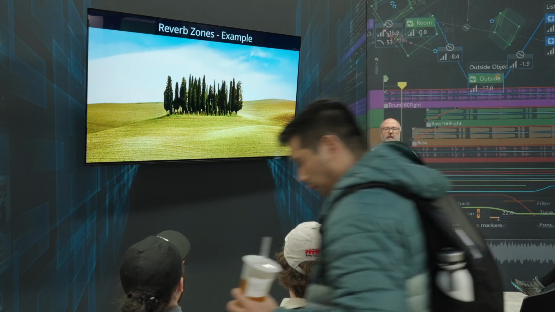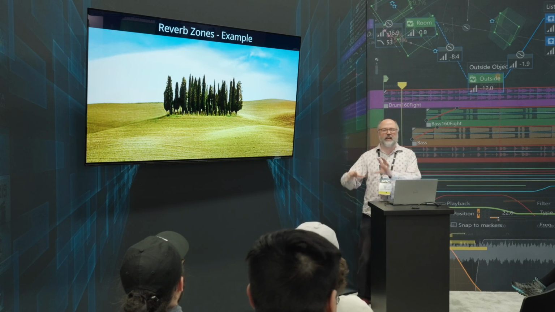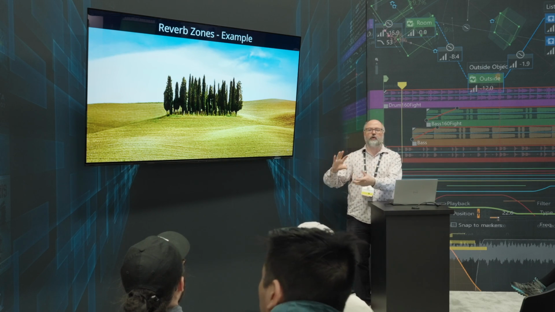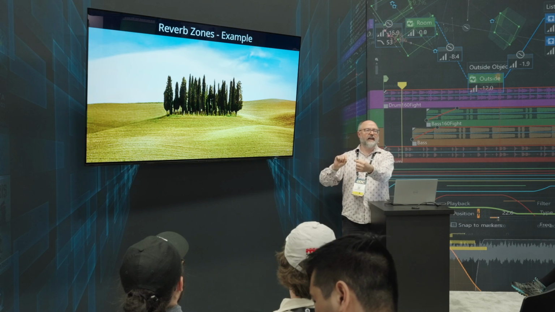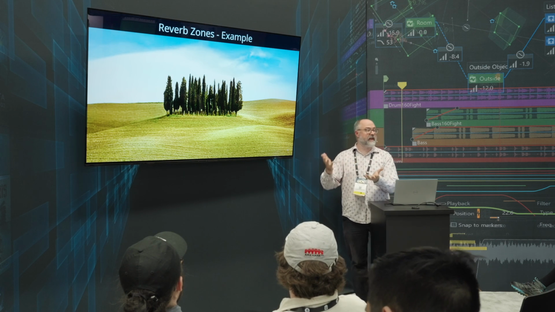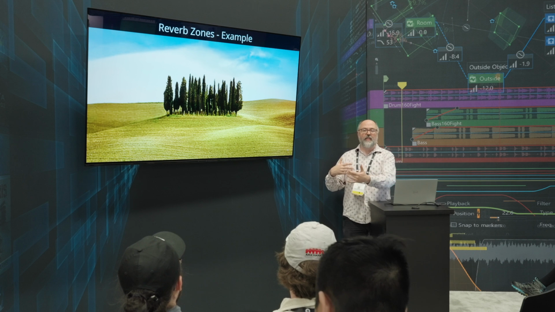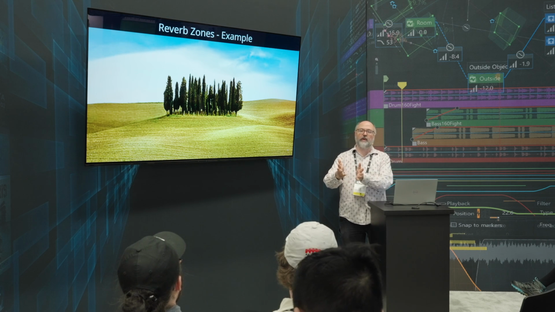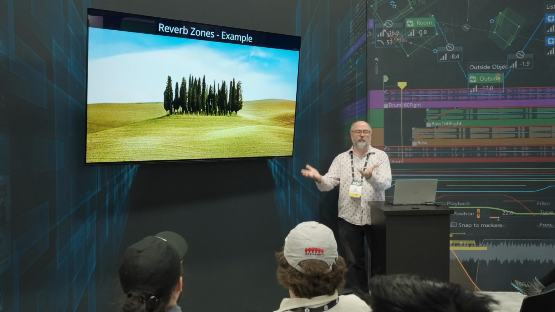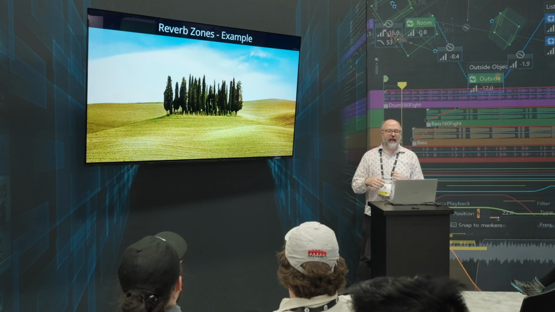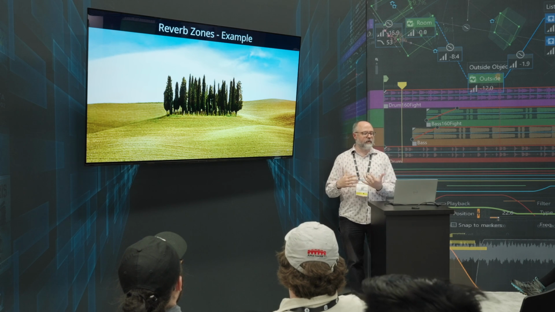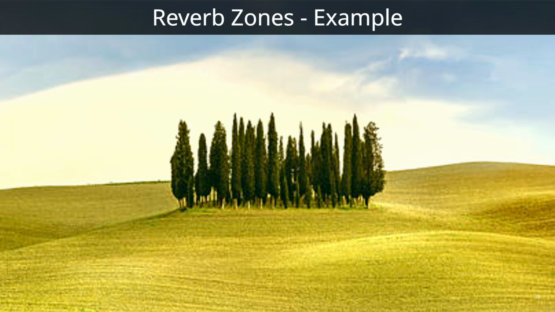So if you're familiar with our rooms and portals technology, you define a room using a volume. That room then has connected portals for things like doors or windows that sound can propagate out and through from room to room. And essentially, reverb zones are rooms where you can specify a parent, but you don't have to have portal connections in order to propagate sounds bidirectionally. So let's take a look at this example.